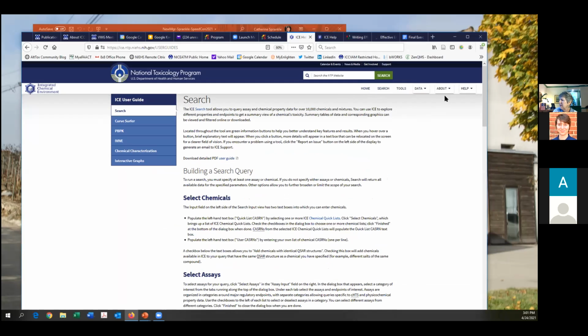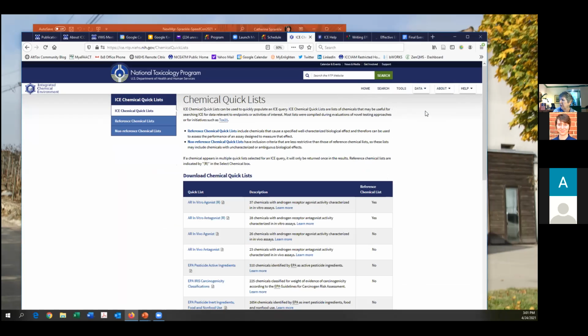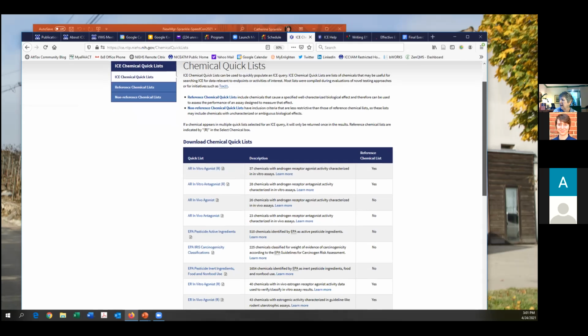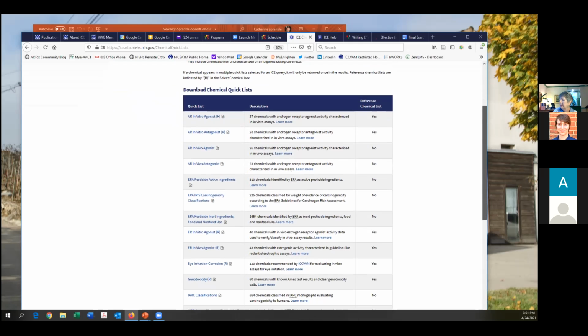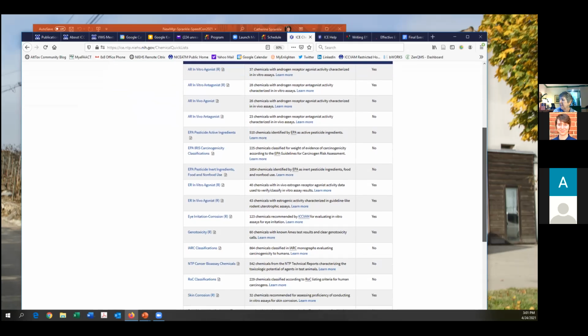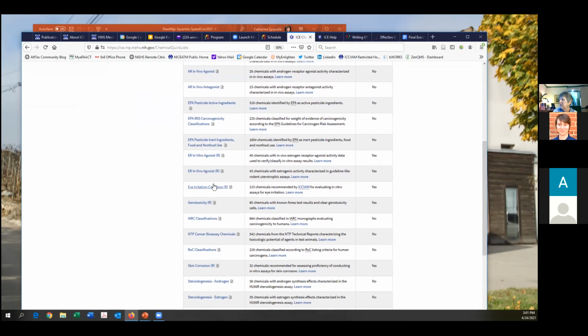In addition to the tools, I mentioned that we have some canned lists of chemicals, and we provide some documentation for those too. So this is a list of all our canned chemical lists. We call them chemical quick lists. And if you remember our search query, we ran a search query using the eye irritation corrosion chemical list. We can learn more about that list